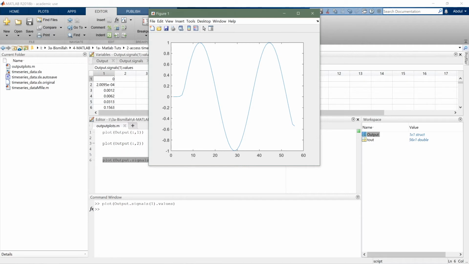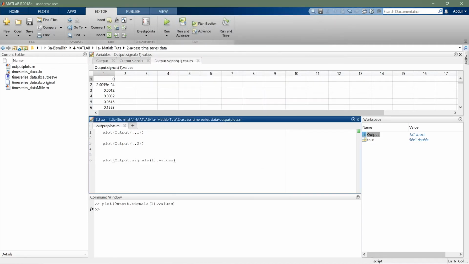Likewise, if you want to plot the other one, I'll hold on this figure. I want to plot this other signal on top of this figure, so I'll do plot, again the same thing,